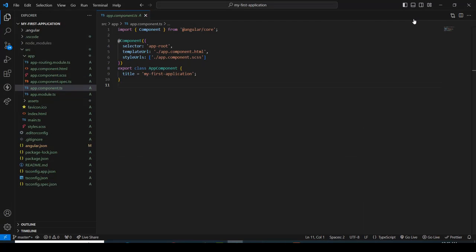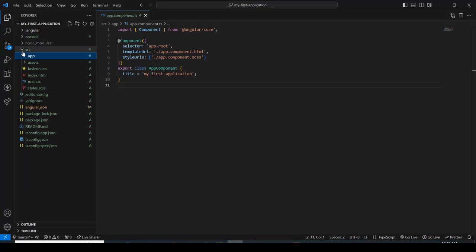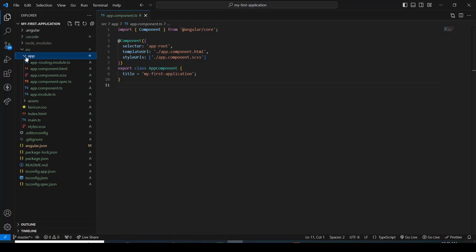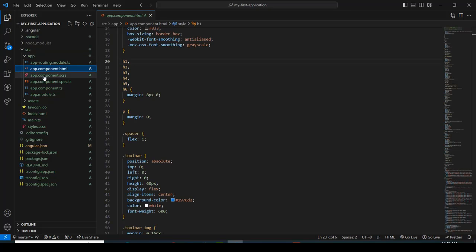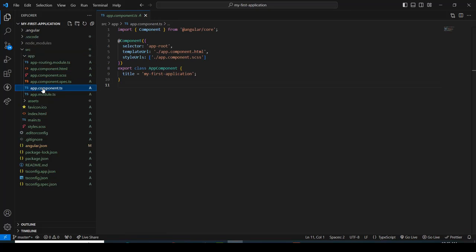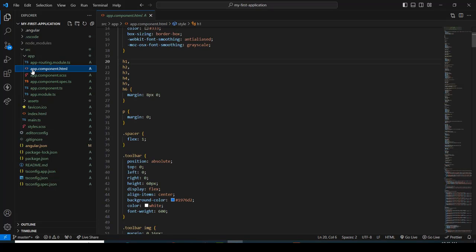Now let's go back to our project. Here I already explained all these things. Inside our src folder, there is an app folder. In the app folder we have an HTML, a CSS, and a TS file, which I explained. Now if you go to the